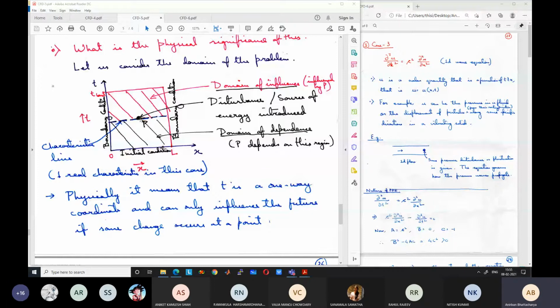So if you consider the bar, if you introduce a heater, what will happen to the entire length of the bar? The temperature will change, because in the physical domain, the entire bar temperature will get affected by the heater at the center, right? So along the x direction, the heater or any source term can influence the temperature. What about the time direction? Say I have introduced the heater at time t equal to 100 seconds. So from 0 to 100 seconds there was no heater. From 100 seconds to say 200 seconds there is a heater.